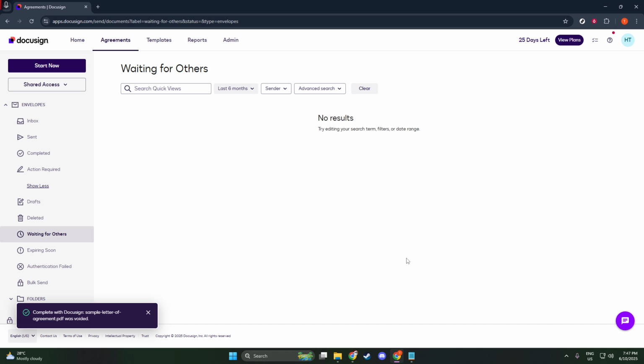And that's it. You've successfully learned how to cancel a Docusign agreement after signing. Remember, voiding a document in Docusign is permanent and cannot be undone, so make sure this is your intended action